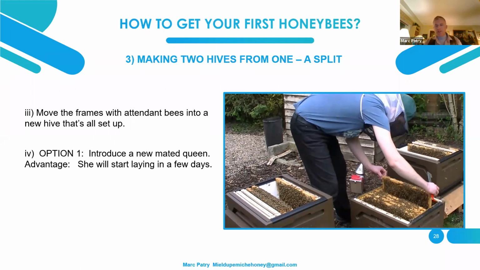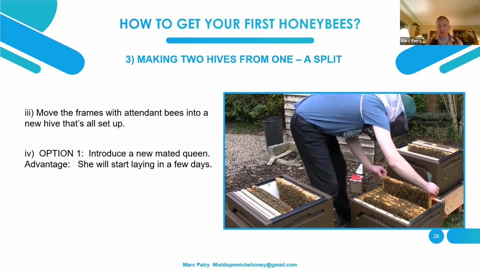Then you have 2 options. You can introduce a new mated queen. So before you do this, you'll go and buy a queen from, let's say, that person who is breeding queens for being docile. You bring it to your bee yard, and once you've added these frames of bees with no queen into a new box, you can introduce a queen to them. When you introduce the queen, they come in little, tiny cages,